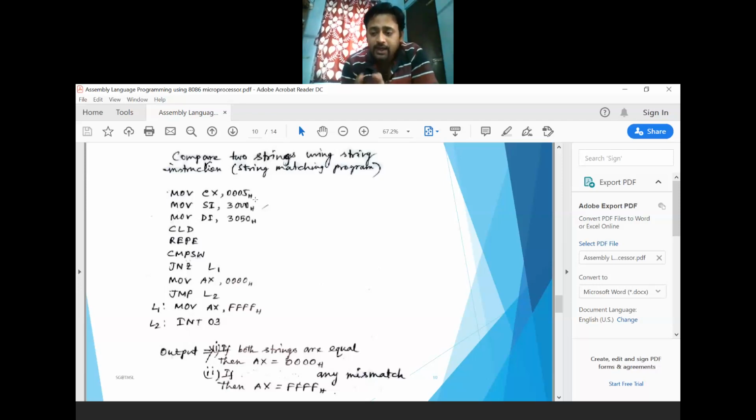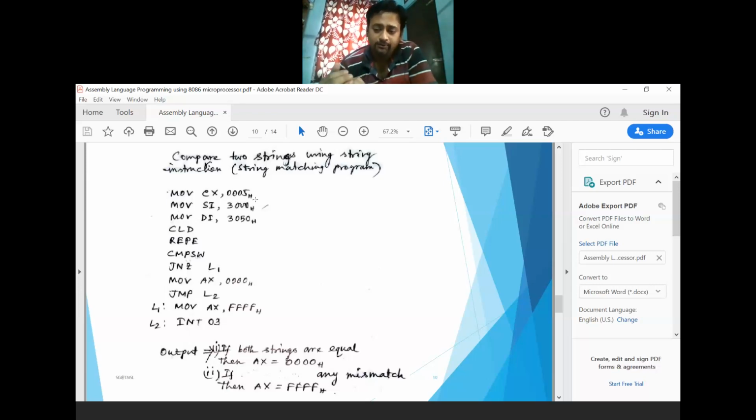So here you need to go with incrementing order. That's why the CLD instruction is used, clear direction flag. So the direction flag will be 0, and both the source and destination memory locations, like both strings, will be treated in incrementing order.